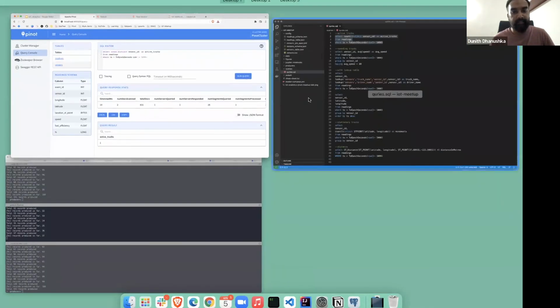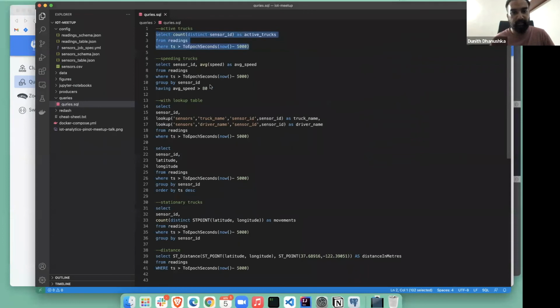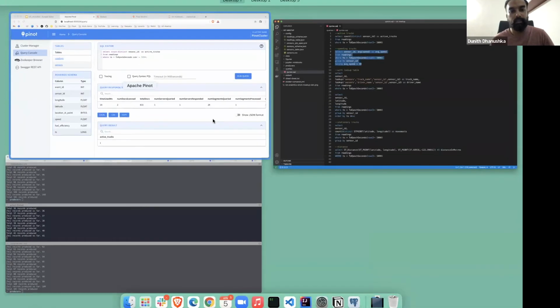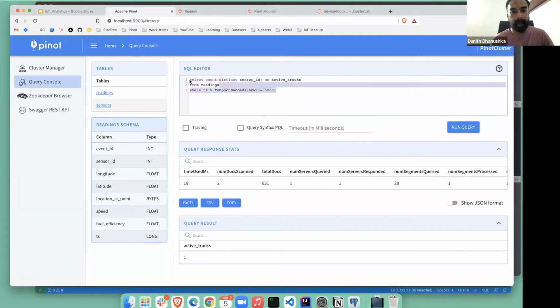The second query is a bit more interesting. Here we are going to track which drivers or trucks are actually speeding. This is a typical SQL query.